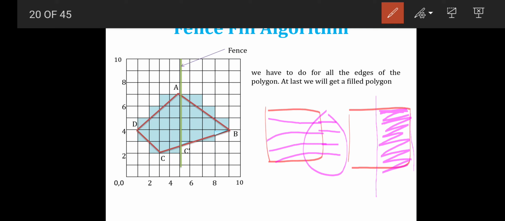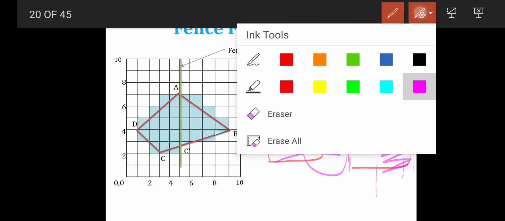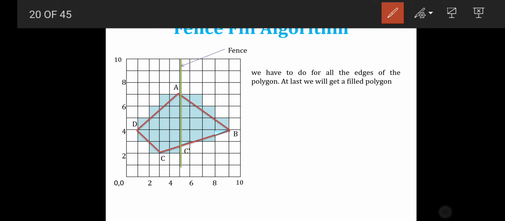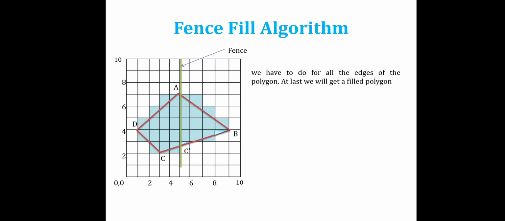So whenever your line is on the right side of the fence, then you have to consider the area which is on the right of the fence and left of the line. Whenever you are considering a line which is on the left of the fence, then you have to consider the area which is on the right of the line and the left of the fence. So this much area we are going to consider. This is the algorithm we have, edge fill and fence fill, which come under the regions which are defined at pixel level.